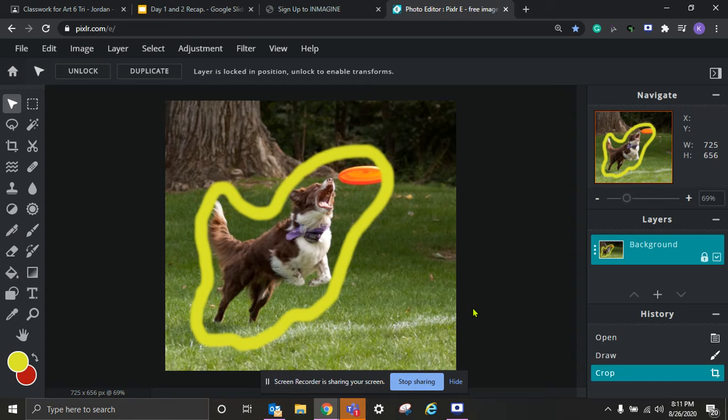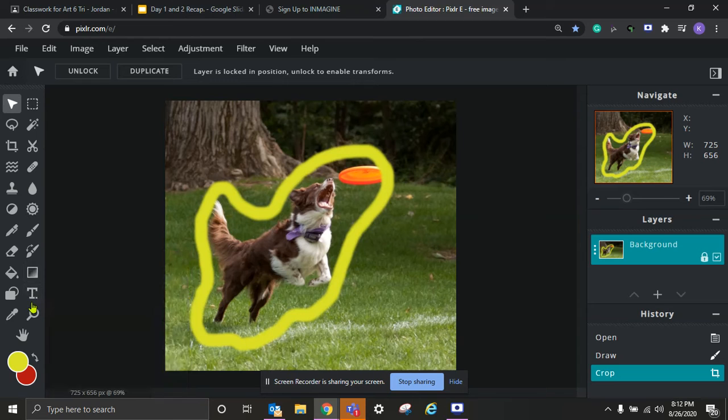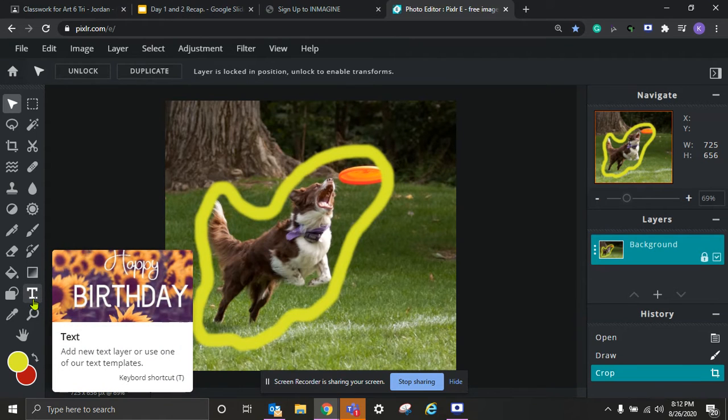All right, if you have successfully cropped this photo, it is time to talk about the text tool. The text tool is how you can add letters or words that are used in actual fonts instead of having to draw them out, say, like with the draw tool. The text tool is going to be on the bottom that looks like a big T for text. When you click that tool,